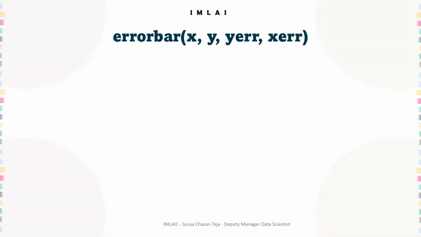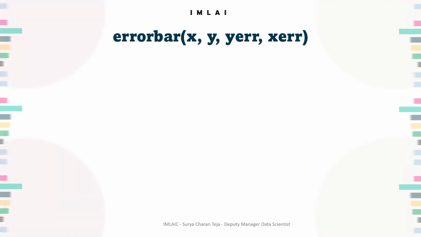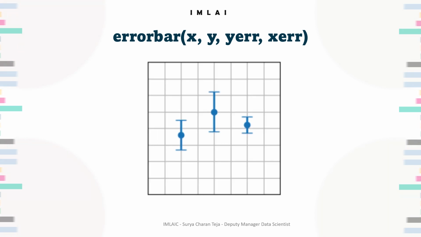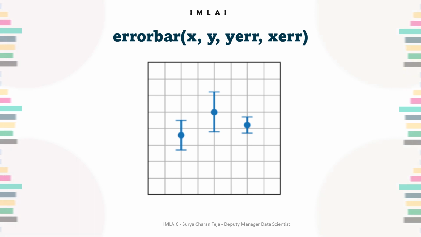Now let's explore one more plot. This time we are going to look into the error bar plot. It uses the errorbar method of x comma y, y error, x error. An error bar is a line through a point on a graph, parallel to one of the axes, which represents the uncertainty or variation of the corresponding coordinate